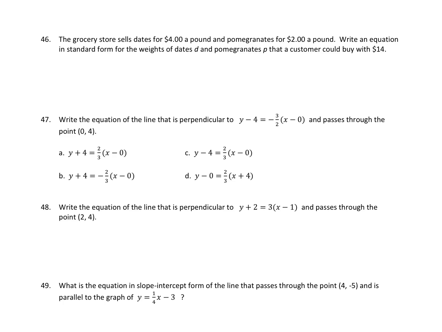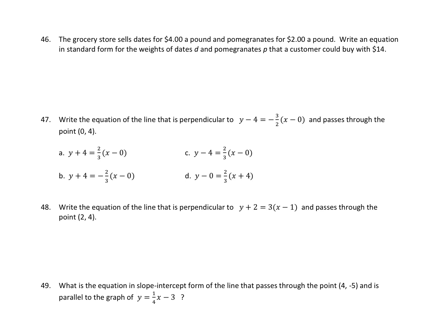All right, number 46. The grocery store sells dates for $4 a pound and pomegranates for $2 a pound. So this is just our follow-up, very similar to the last question we did, number 45 in our last video. Write an equation in standard form for the weights of dates D and pomegranates P that a customer could buy